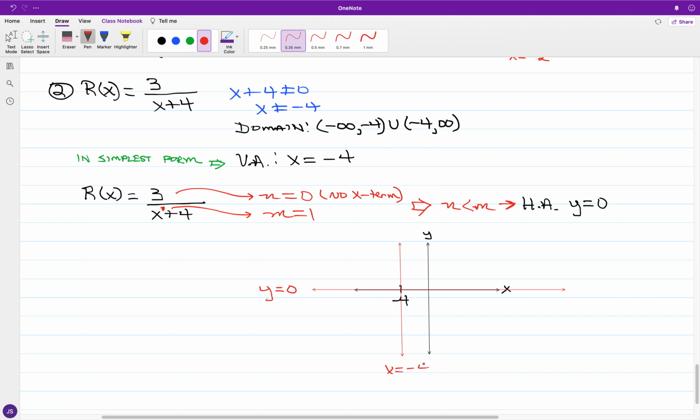Okay, so you have two asymptotes, and for r of x, the way that this graph is going to behave, you have a section up and to the right. You have another section, so this is going to be down and to the left. All right, now, in the case of a little bit of a change up,